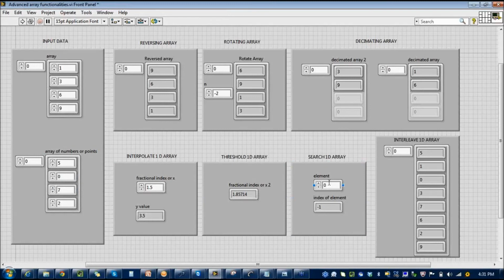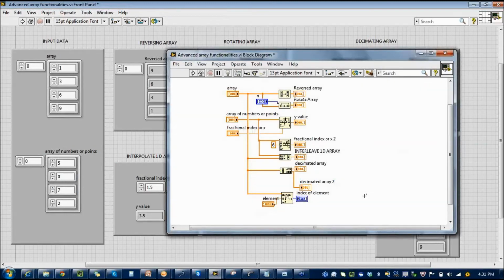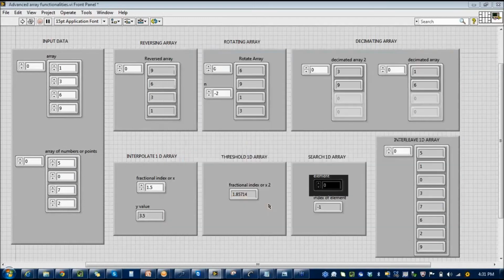Searching a 1D array. Now this is something you will use when you have, say, a huge table with multiple columns in it, where say the first column represents the name of a candidate, the second column is the class, and the third column is the section. Now based on the name of the candidate, if you want the class and section to programmatically show up, you cannot predefine the name because an end user will be choosing the name. So you give the name and the array here, and that will immediately give you the index corresponding to that name.